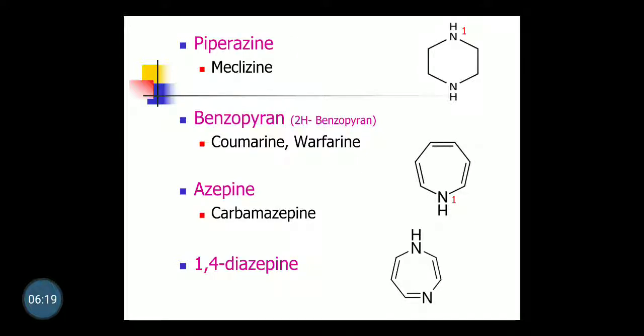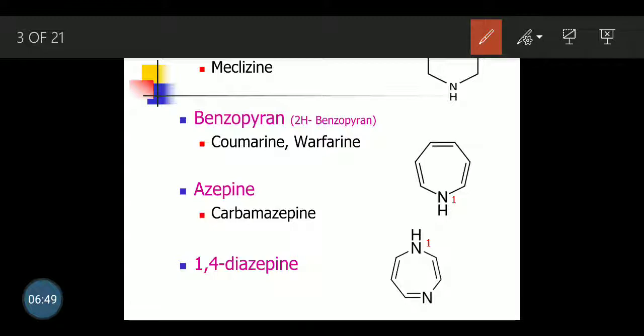If you are trying to give the numbering, it will start with the saturated nitrogen. It's a simple heterocyclic ring, a single ring. As per the rule, if a simple heterocyclic ring contains 2 nitrogens, and amongst these one is saturated and another is unsaturated, meaning one has single bonds and the unsaturated nitrogen is double bonded, we give the preference for position to the saturated nitrogen. So we will start the numbering with the saturated nitrogen. If we extend the numbering, we go to 2, 3, and this nitrogen will get the 4 position. So the relative position of nitrogen is 1 and 4, and in total it's a 7-membered ring. That's why it's